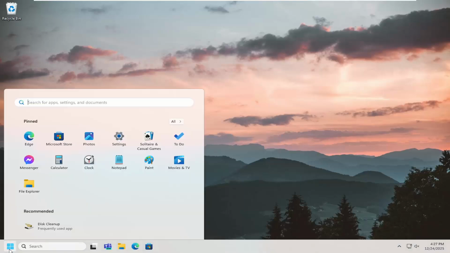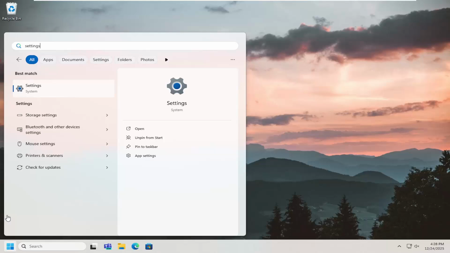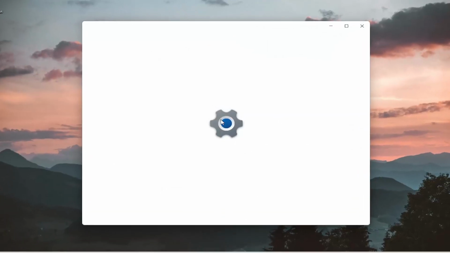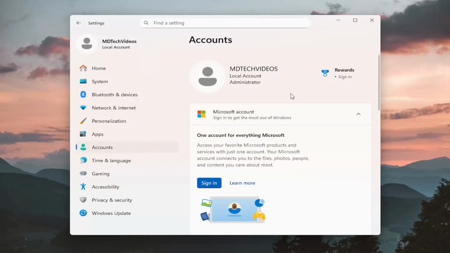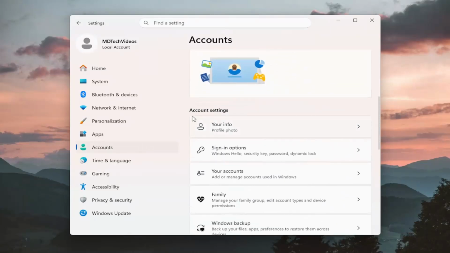So all I have to do is open up the search menu and search for settings. Best result, you'll come back with settings. Go ahead and open that up. Select accounts on the left panel, and then on the right side, you want to scroll down underneath account settings